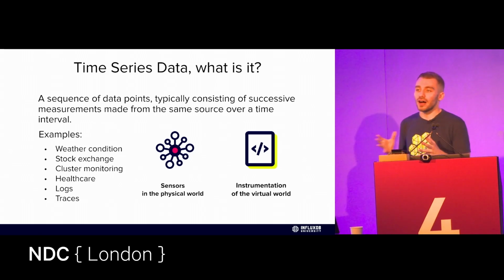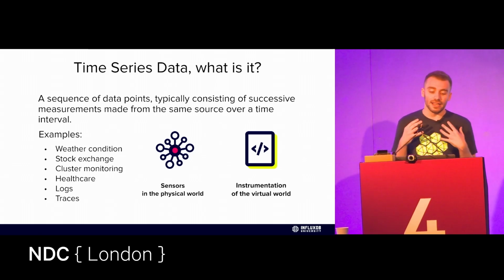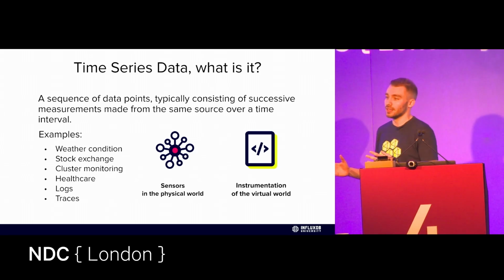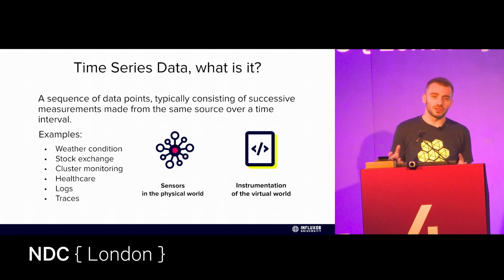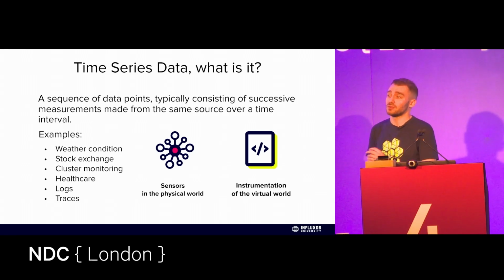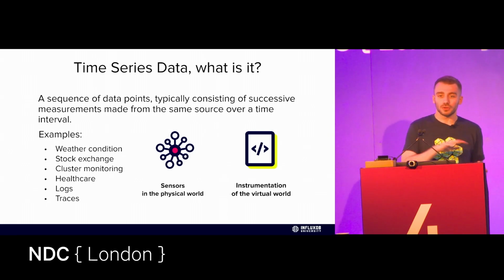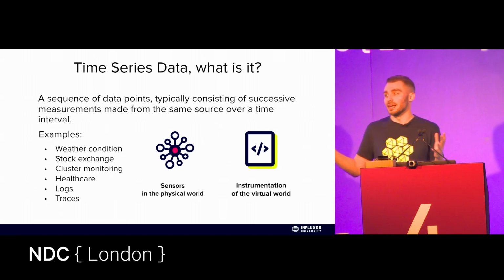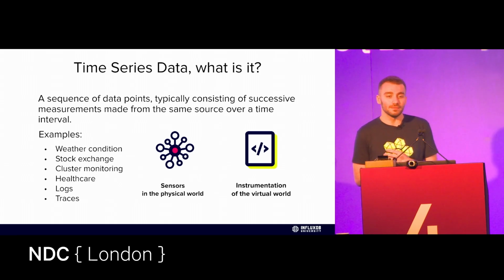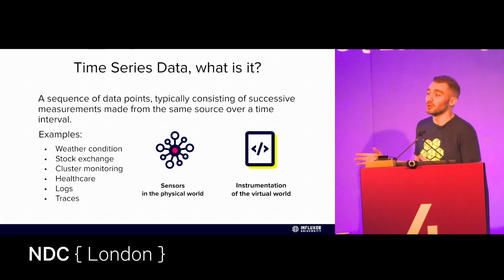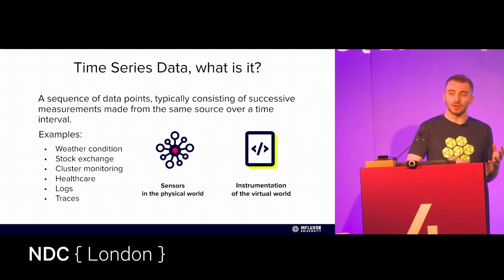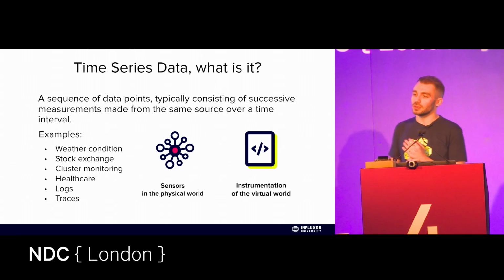And you can really divide timestamp data into 2 main areas, the physical world and the virtual world. The physical world one is easy, so consider a temperature sensor. There's actually probably one or a few in this room, and it's measuring the temperature throughout the day. And so you want to know how hot or how cold the room is going to be. That's time series data, and more specifically, that's IoT data, where most time series data lies, but we also see it in other verticals as well.